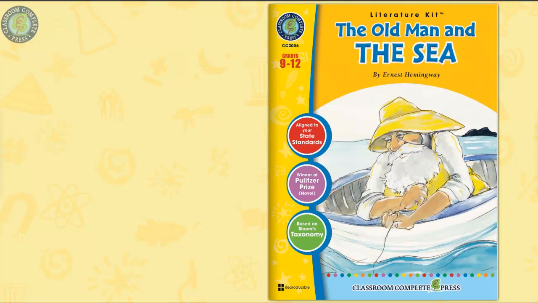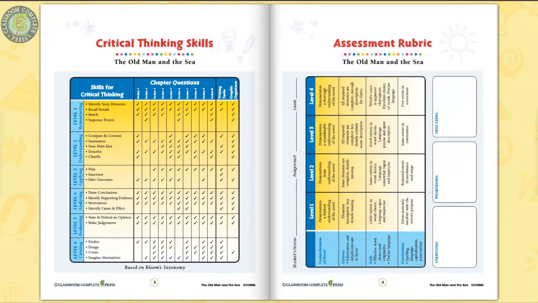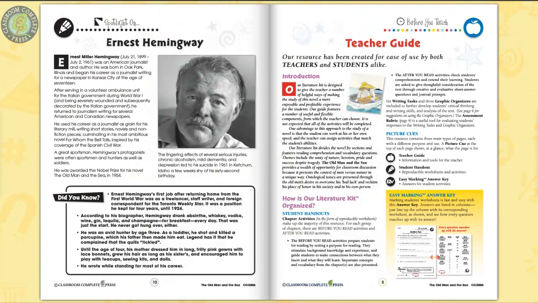This literature kit on The Old Man and the Sea by Ernest Hemingway provides creative ideas that offer enhanced learning in the classroom. 55 pages chock full of a variety of scaffolding strategies incorporated in our Before You Read worksheets for each chapter section, along with vocabulary prompts to prepare your students for the reading, with rubrics, teacher guide, and